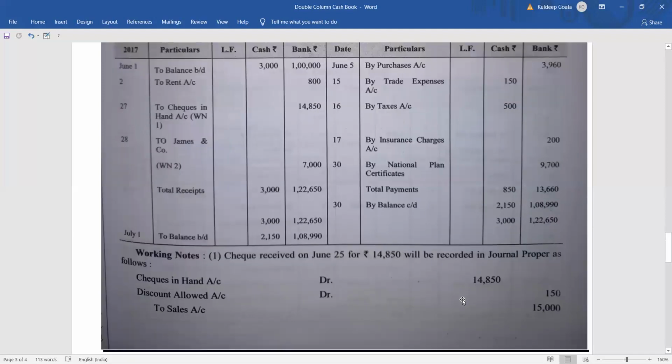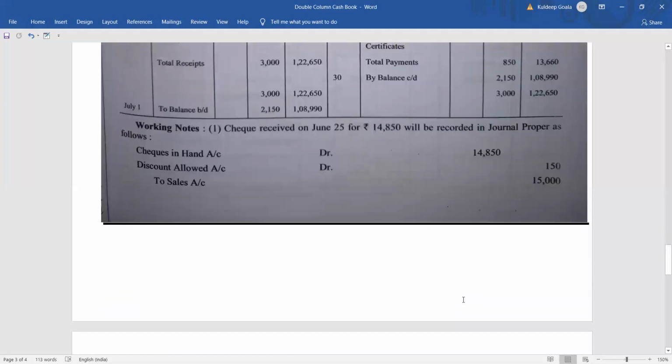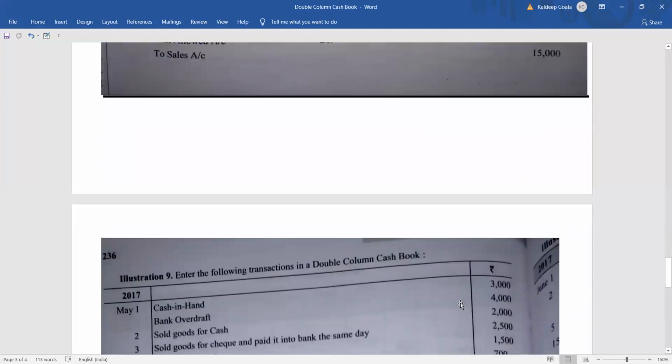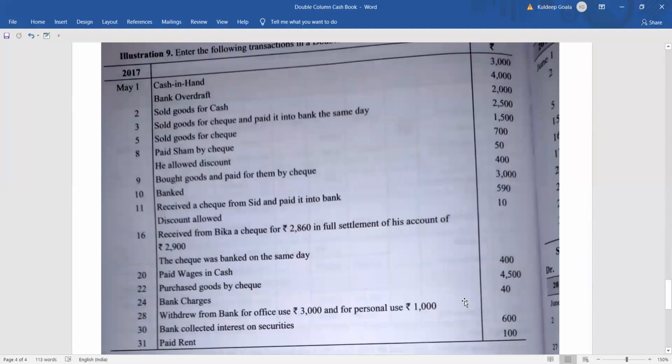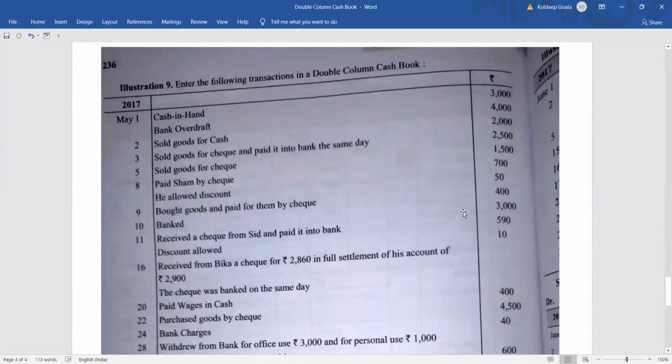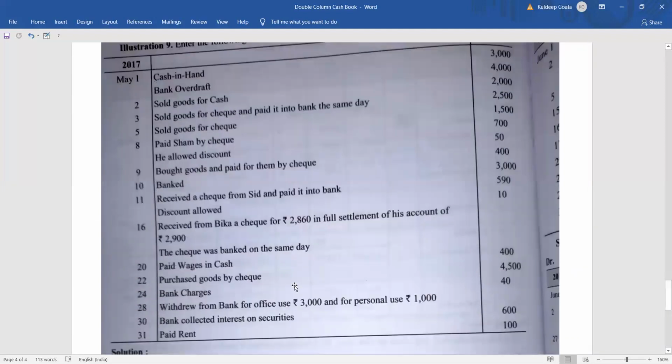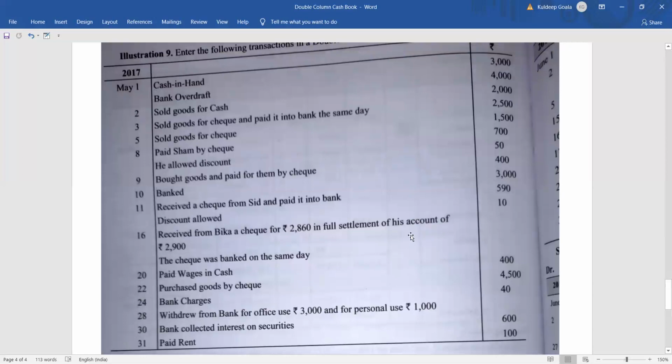Okay, fine. So we will take one more sum now. This particular sum I will give you as homework, and I will do one thing. In the next video, I will explain one more sum regarding the cash column and the discount column. Double column we have already done. The bank with the bank overdraft and all we have already done. So this particular question will be lying as homework. You can take the screenshot of this. Okay, this will be your homework.